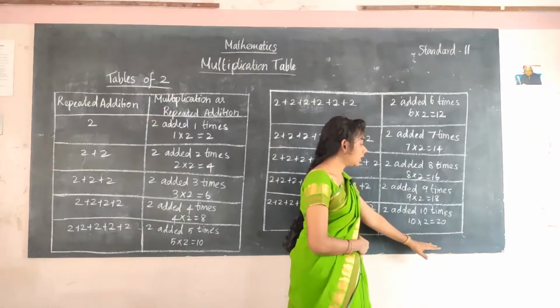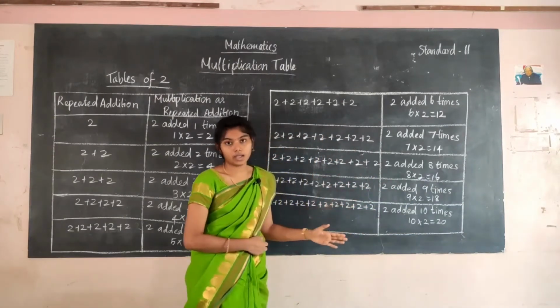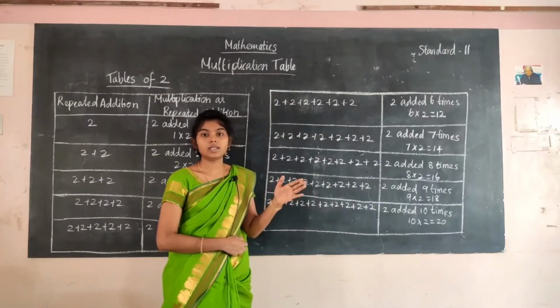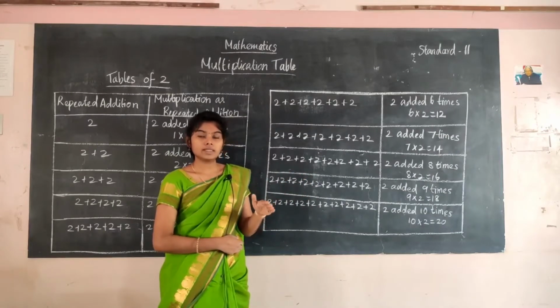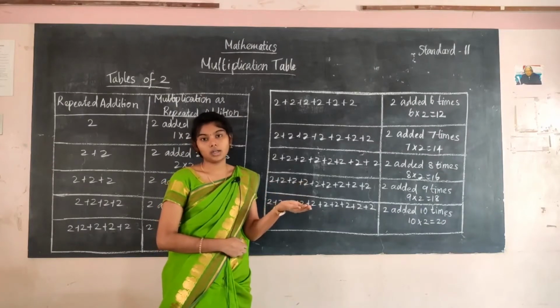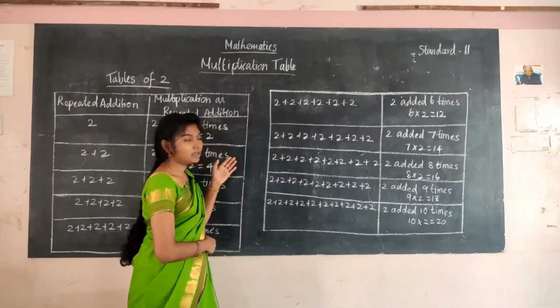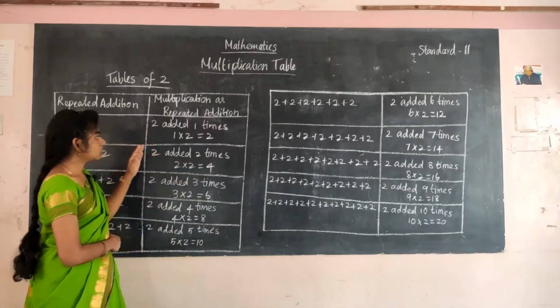After she counted the boxes, she says to her mom, I have found the answer as 20. This is the way I found it, she said to her mom. Now the mom said, you have done, no, this is a multiplication table. She is saying to her daughter that she has framed the table of 2. See, this is the table.